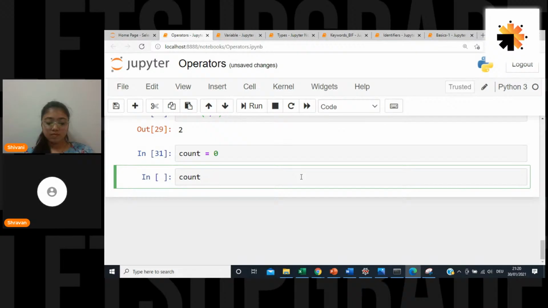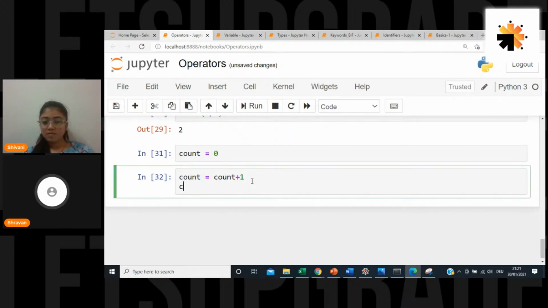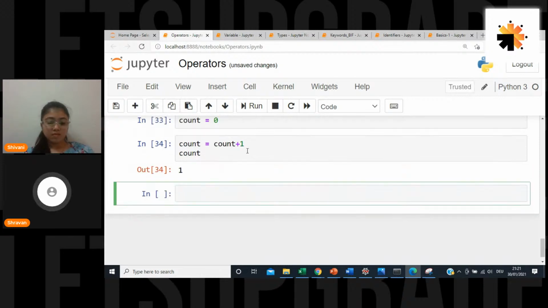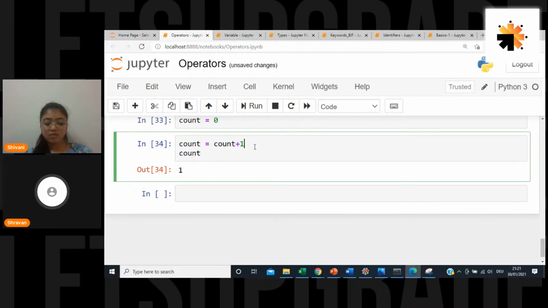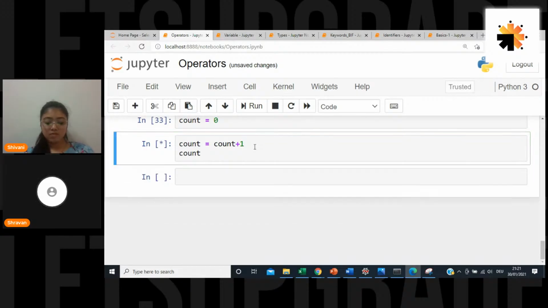So count equals count plus 1. If I run the same thing and print count, first I execute this and it comes as 1. But if I run a second time, it goes 2, 3, 4, 5, 6.